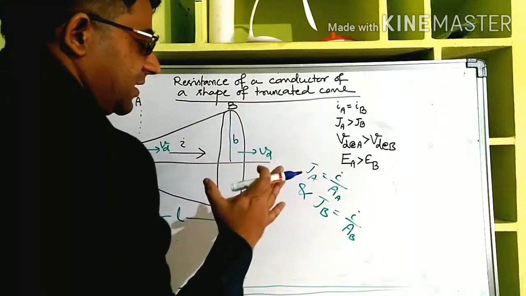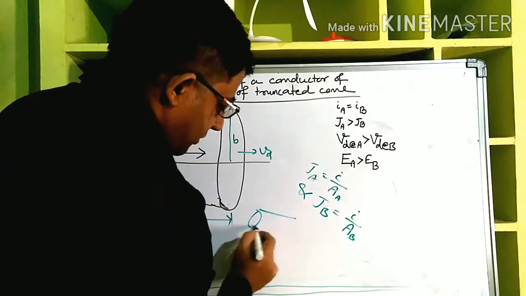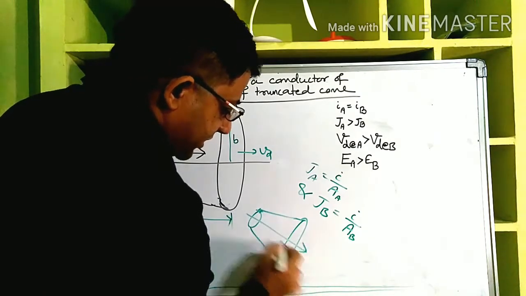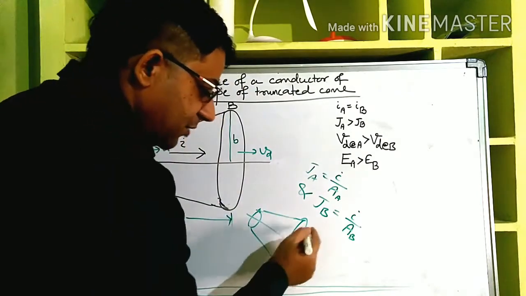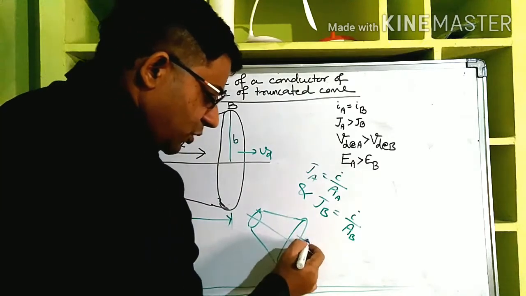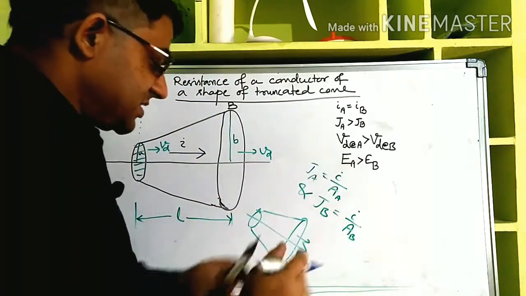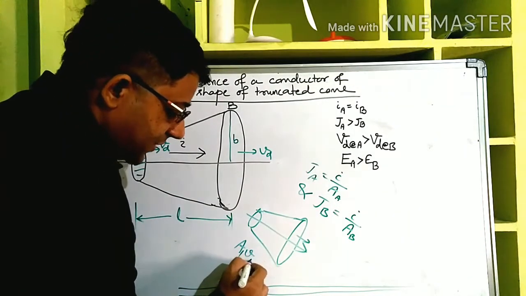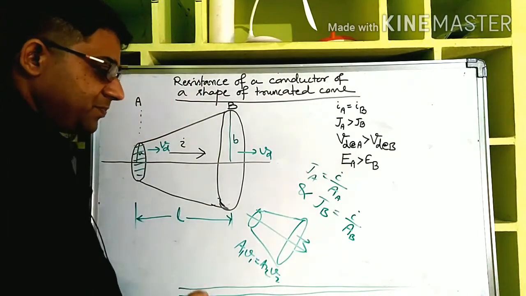Now to be very quick, you can always compare this with a water pipe, a tube where water is flowing. Wherever the area of cross section is smaller, the water will move very fast, and wherever the area of cross section is larger, the water will move slowly. But how much water is moving per second will remain the same, and it is from A1 V1 equal to A2 V2. It's the equation of continuity, you remember.